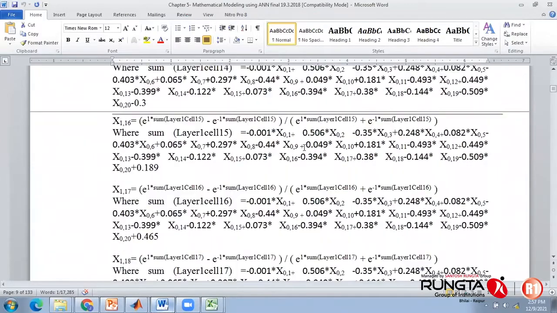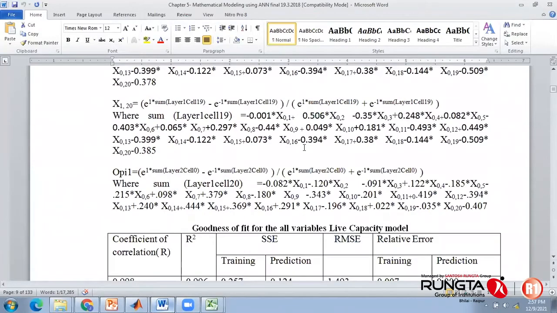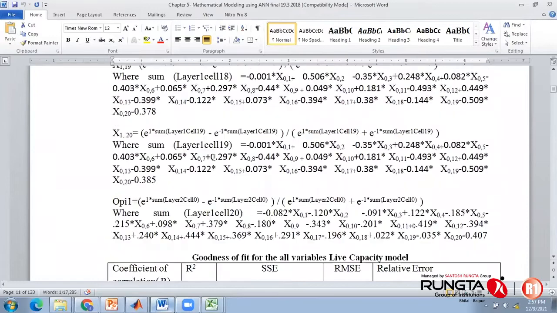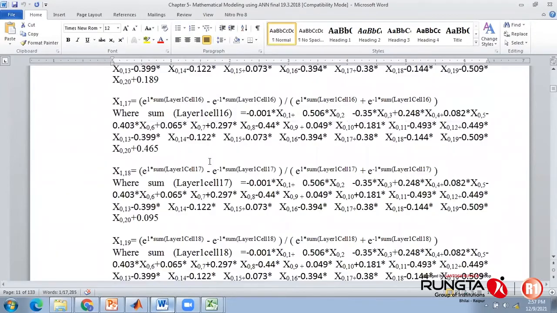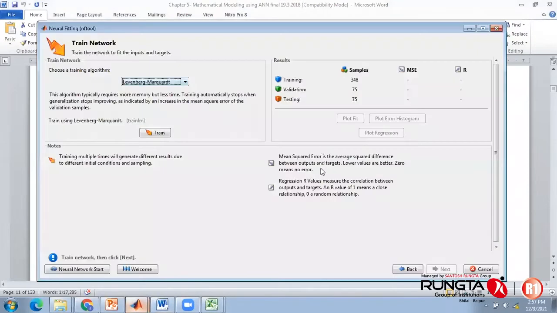It may be more exhaustive than this. If somebody is interested in writing it, it's a very rigorous process, but you can write it. That is quite possible. Okay, so forget about it. Just the glimpses which I would like to show. So let's try it with Levenberg-Marquardt. Okay, so what I can do is let me train it.